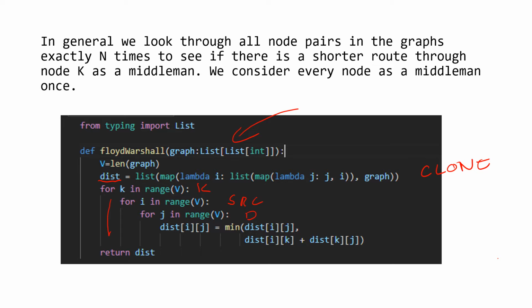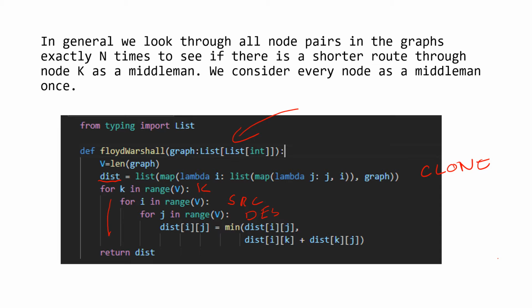When we start, we first pick k to be the 0th node, and then for each node pair, we now assign to this matrix a